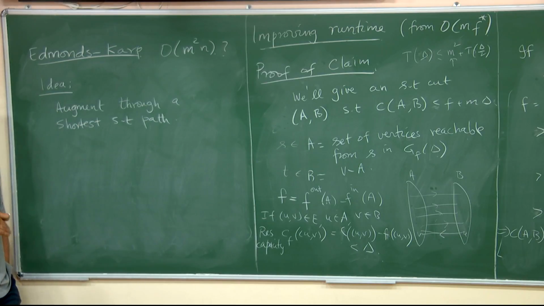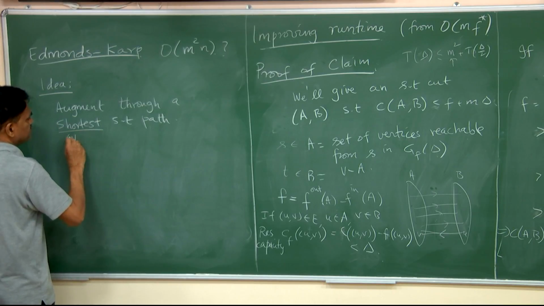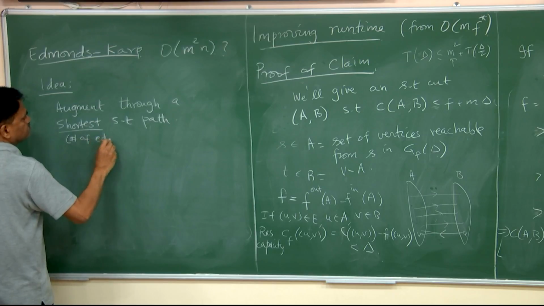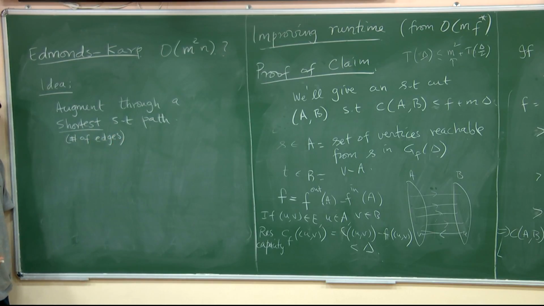Start with an initial flow of 0, construct the residual network, find the shortest ST path, where by shortest we mean fewest number of edges. The capacities have no role here. So shortest means number of edges. Augment it and keep augmenting, and then we will argue that the number of augmentations is order mn,